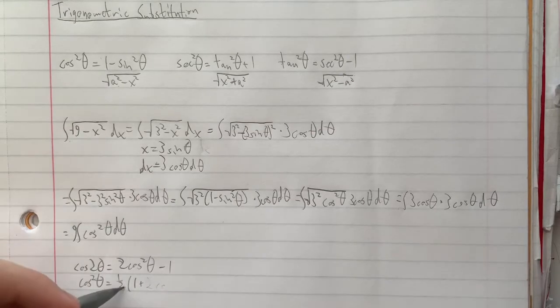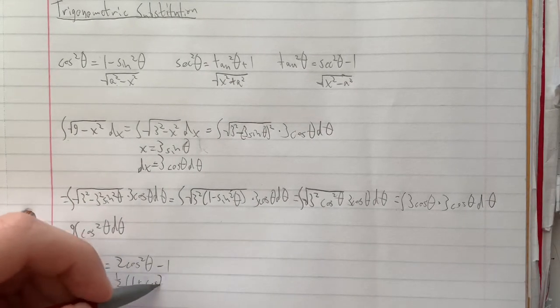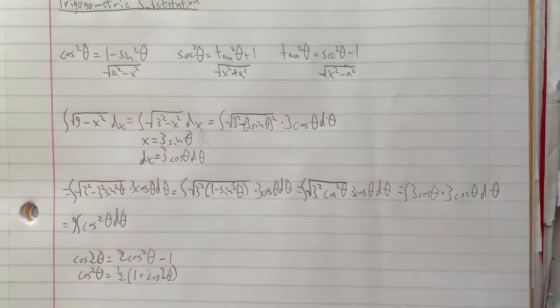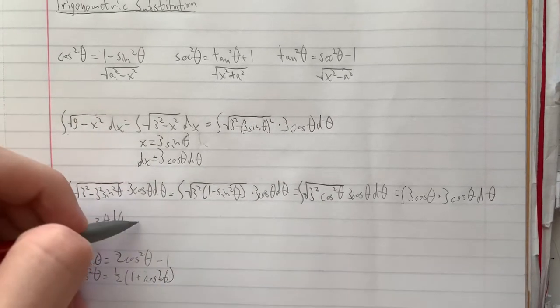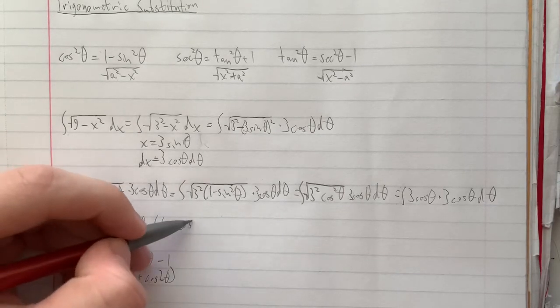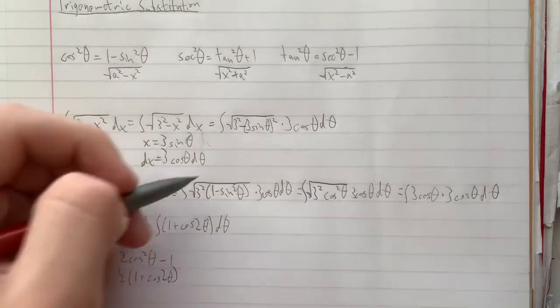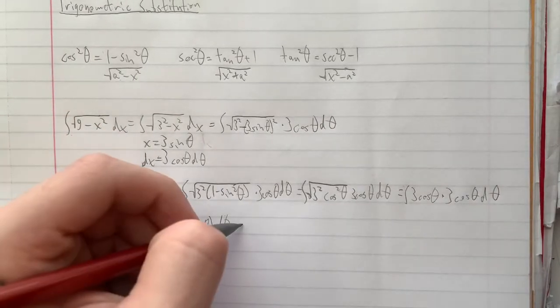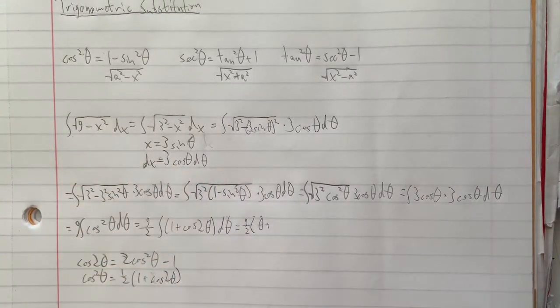The 2 here went down to the 1/2. So 1 plus cosine of 2 theta. All right, now we can simplify this. So I'm going to pull out this 1/2 again. So we get 9/2 times the integral of 1 plus cosine of 2 theta d theta. And if we evaluate that integral, we get 9/2 times theta plus